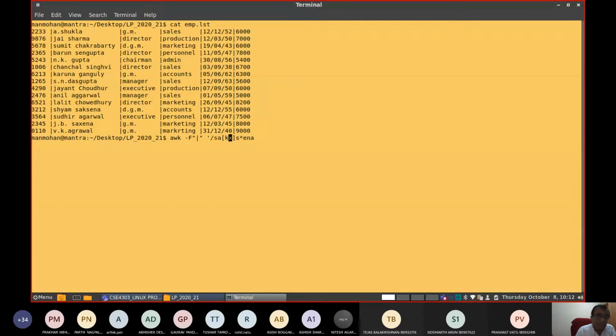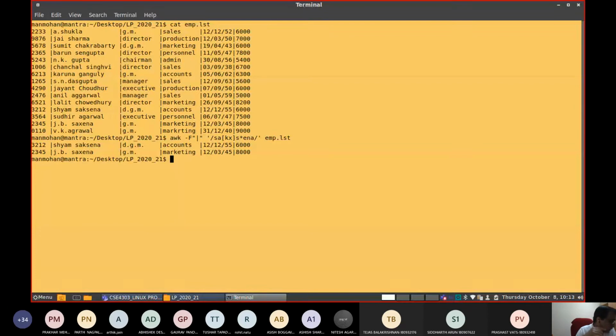Selection criteria starts with the slash. Close the single quote. By default the action is anyway print emp.lst. Then it will print both Sham Saxena and JB Saxena and their designations.